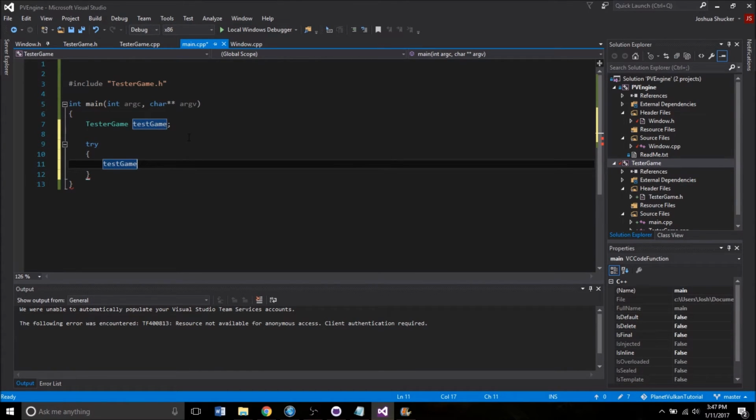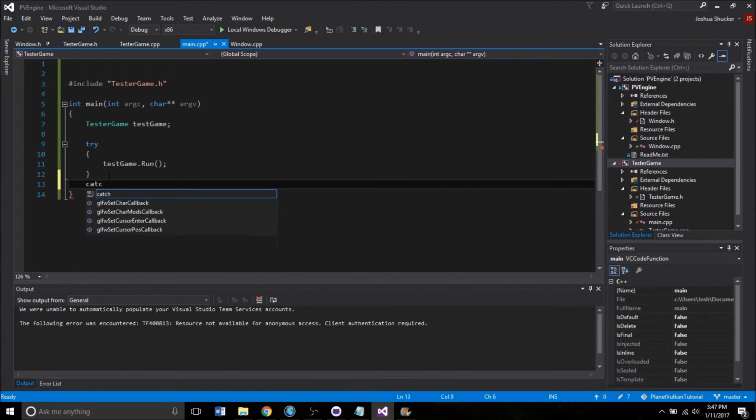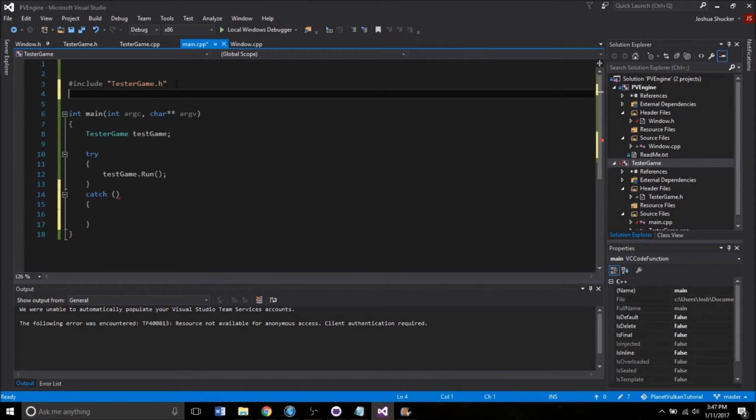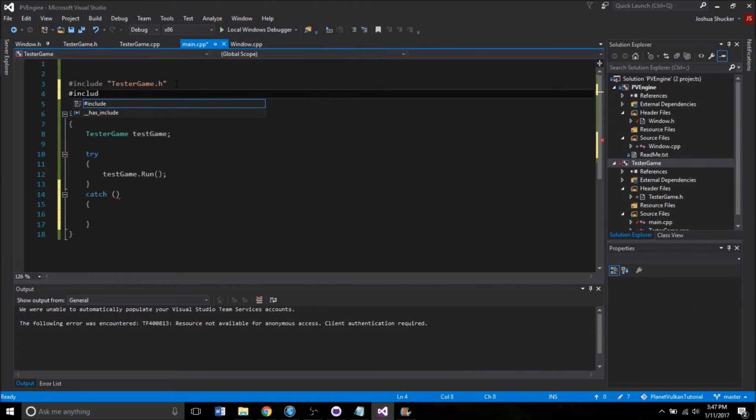Test game, because we need a test game there. All right, and run. My spelling is really off. There we are. So that will start up the run function for the game, and then we need a response if it doesn't work. And we're going to go ahead and use some of the helpful error checking. I'm going to include up here